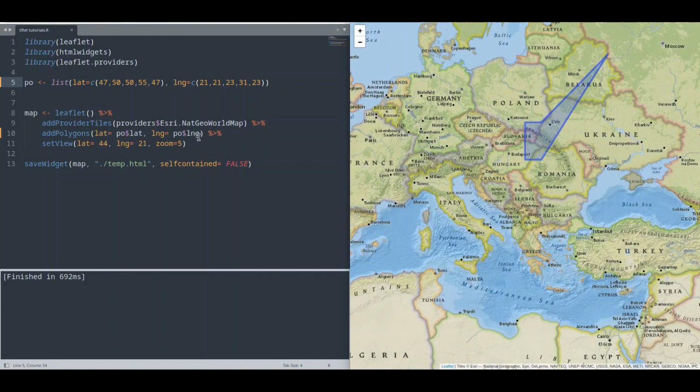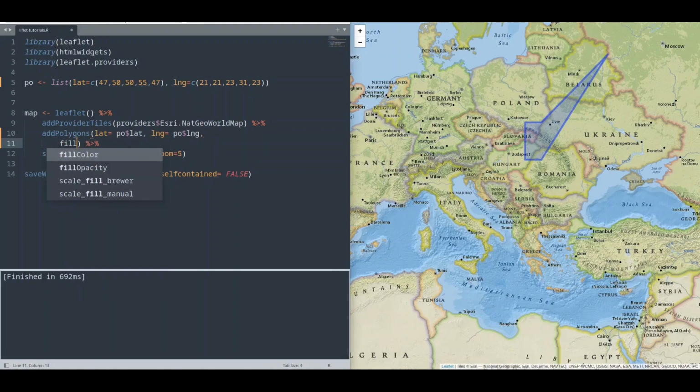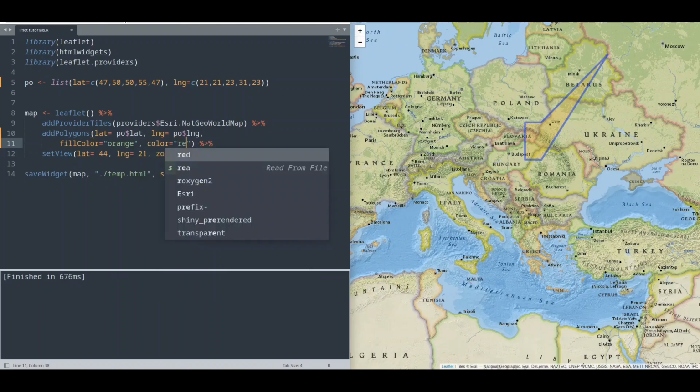And if you want to change the color of this polygon, we can do that in an easy way with fillColor. Let's do it with orange like this. Save it, run it, refresh it. Okay, now with color we are going to change the bordering color. Let's go with red,